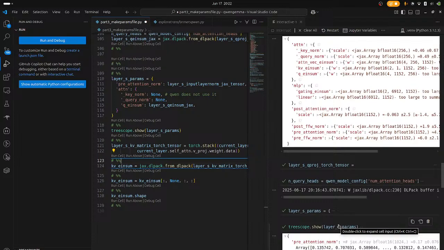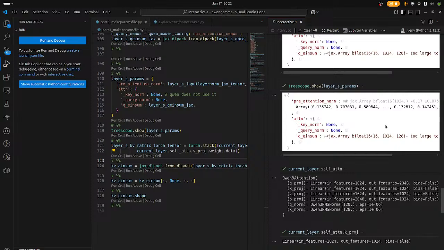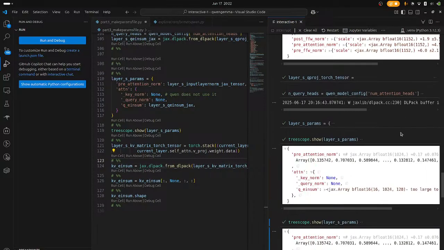It's because this KV is for all the heads. Yeah, it's for all the heads. And we know that in Gemma it's 256. We also know that it's 128 here. So we want to say